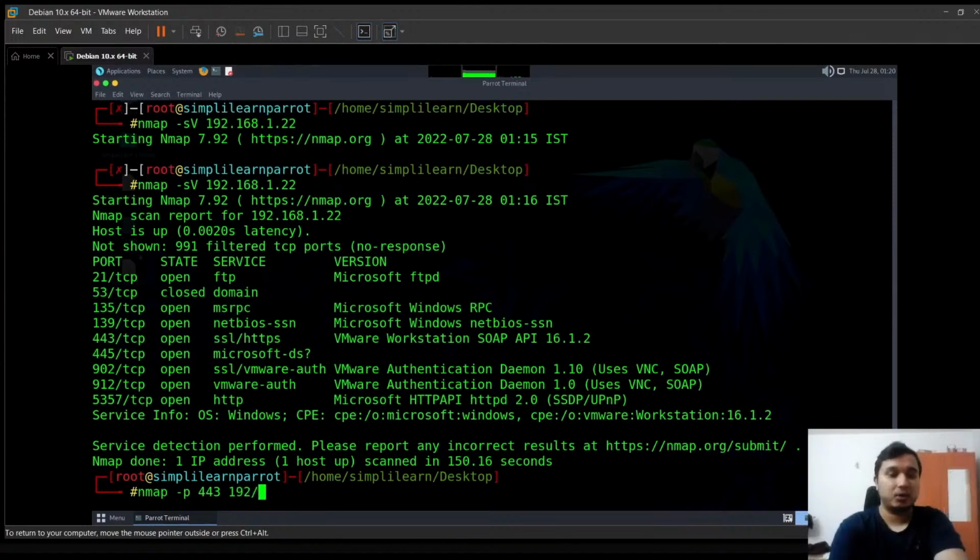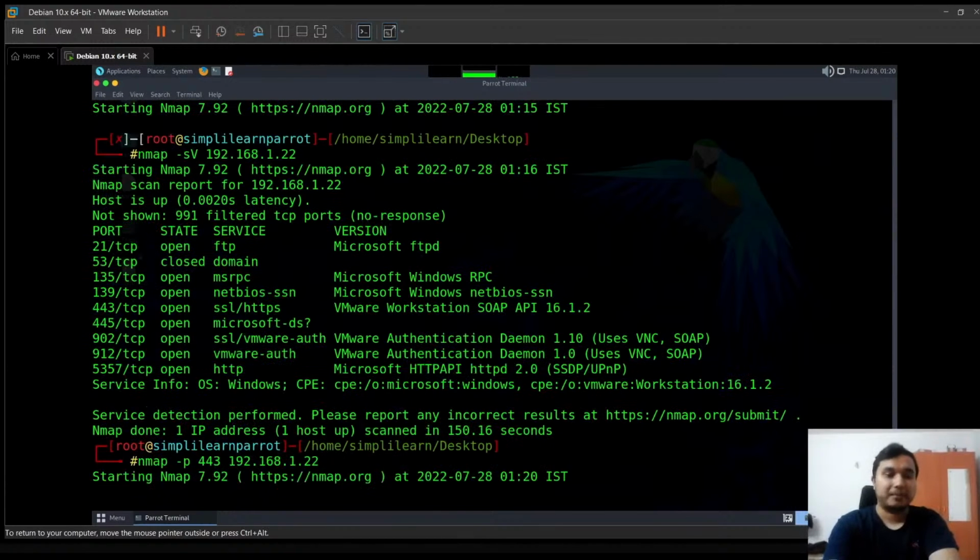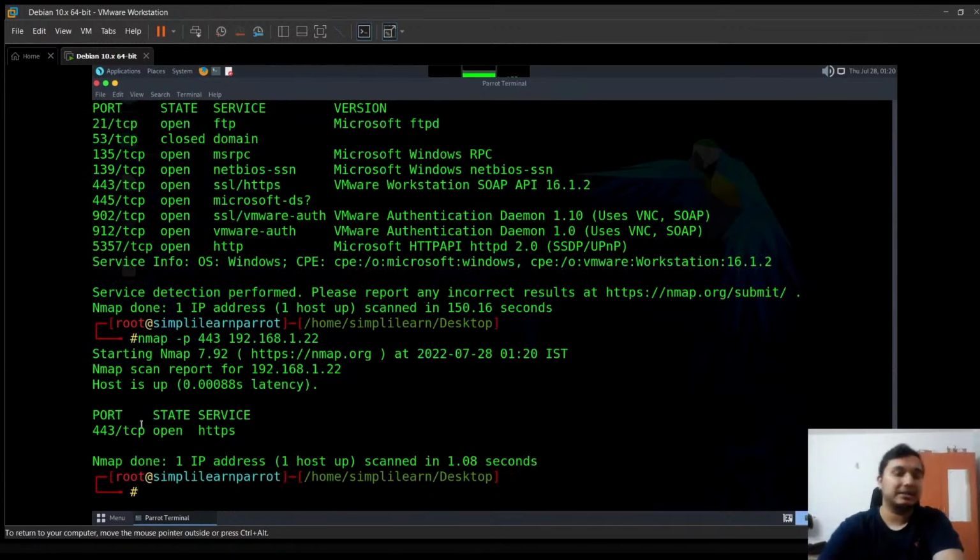And once again, we are going to use the IP address of our local host as the test machine that is being attacked. As you can see, it clearly states that port 443 is open as expected. Now you can check multiple ports this way. For example, nmap -p, we're going to scan 3 different ports: 443, 80, and 445. We use the same IP address again,